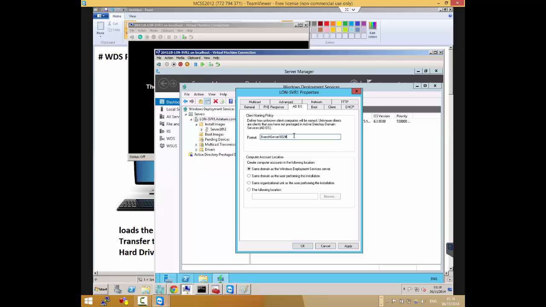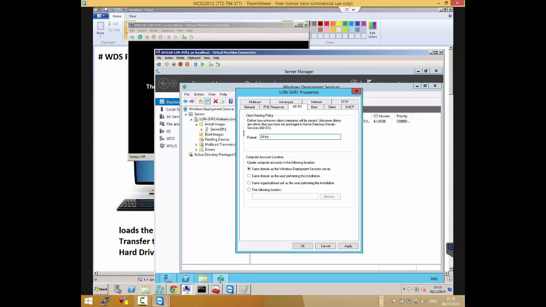But then the other question I want to ask you is, if I say percent first, where will it get the username to use? What does it mean by first when you're building a computer, not creating a user account? So where will you get the first name to use for this one? I think it's going to pick up from MAC address maybe.